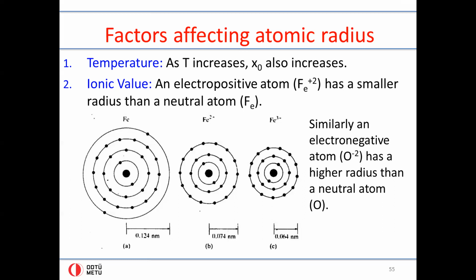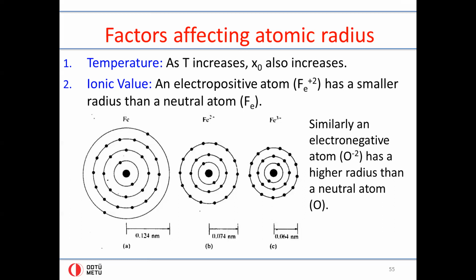Another factor is ionic value. An atom might form an ion with more than one charge. So it can have a charge of 1 or 2 or 3, depending on the atom. So if, for example, it gets charged to +2, in the case of iron, its diameter, or its radius, or its volume shrinks, gets smaller compared to its neutral case, Fe. And if it gets charged to a higher value of 3+, where it has lost 3 electrons